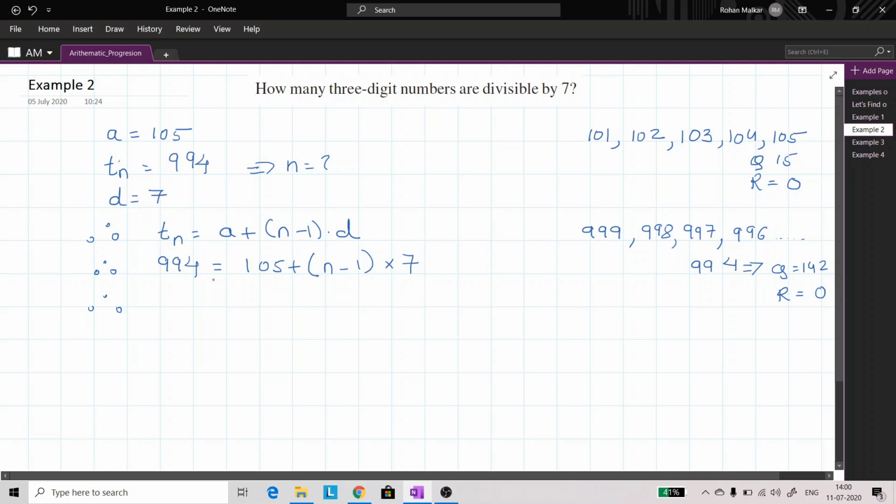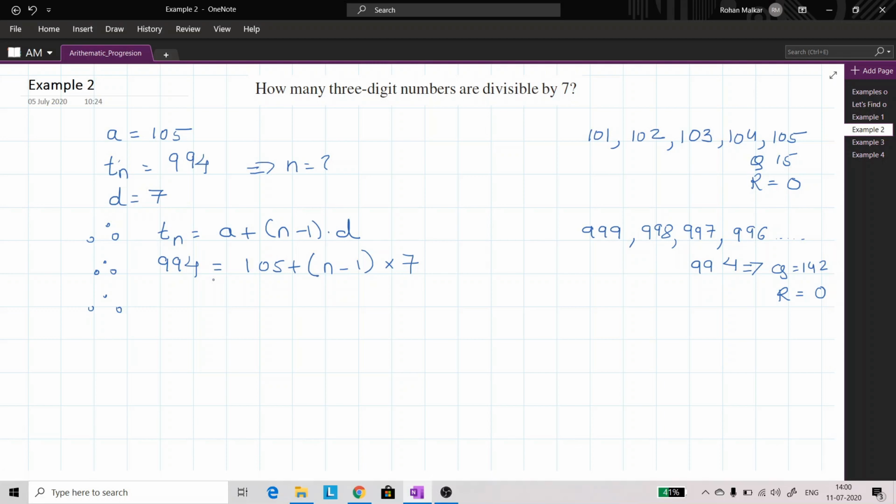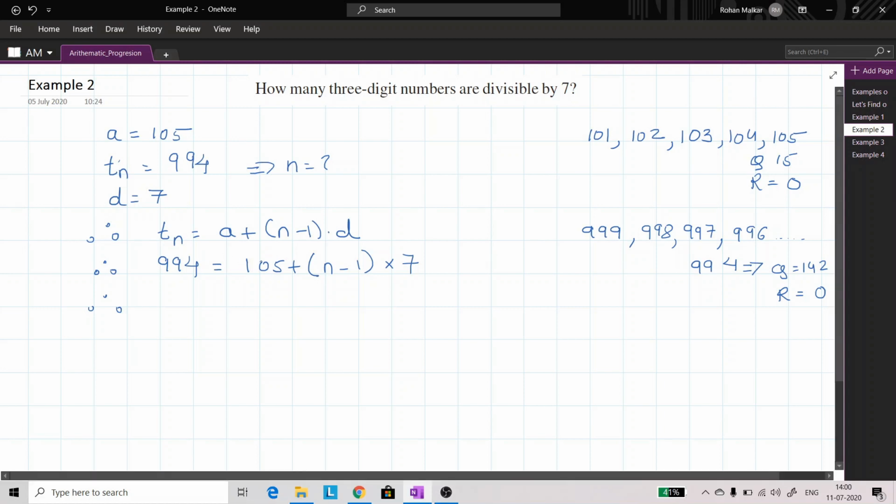So I'll just take 994 minus 105. So 994 minus 105, I'll do this. 7n minus 7. This turns out to be 889 plus 7, that is equal to 7n. So we get 896 equal to 7n. So let's find out n to be equal to, n is 896 divided by 7,